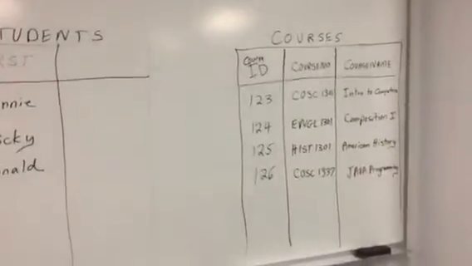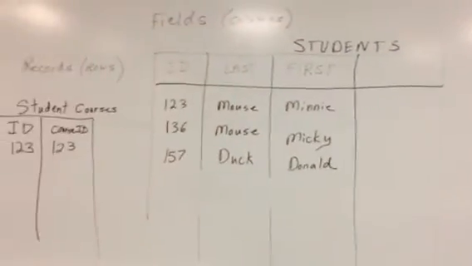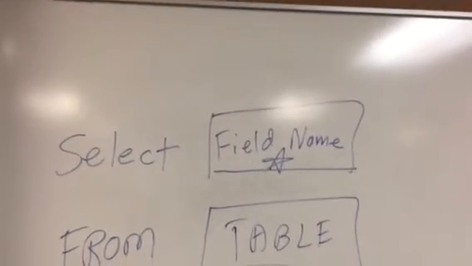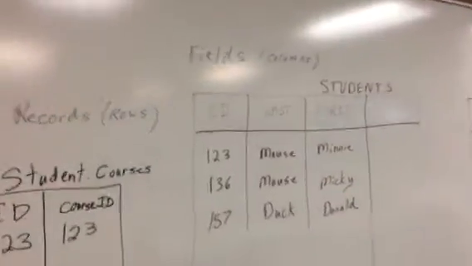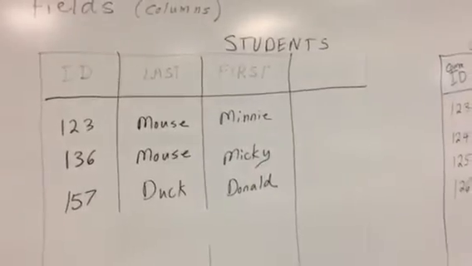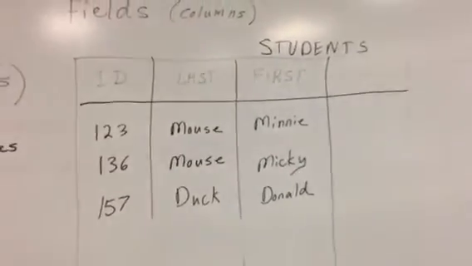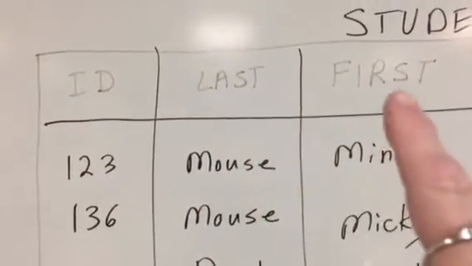Now, how does that work for us? Well, we're going to use SQL to actually pull information out of this database. What we need to do is select a field name. Okay, so if I want to select from my students, let's say I want all the students named Mouse. So I'm going to pick from my students file. And what I want to pick is, let's go ahead and pick all three fields, ID, last, and first. I can type these out,